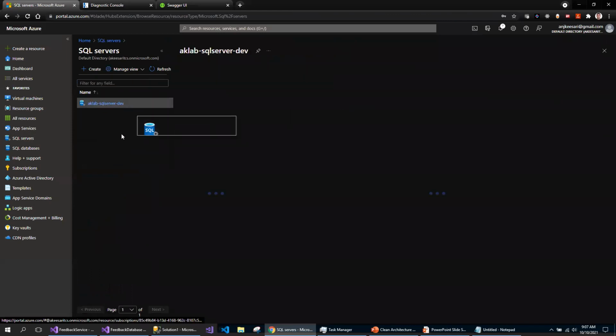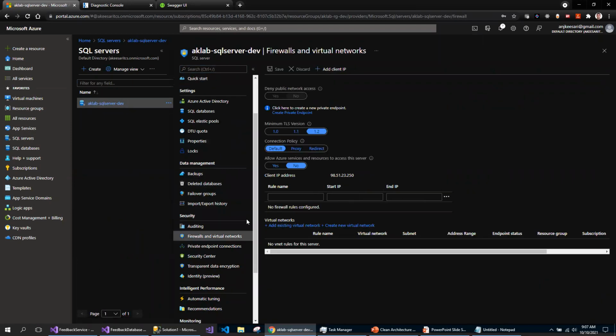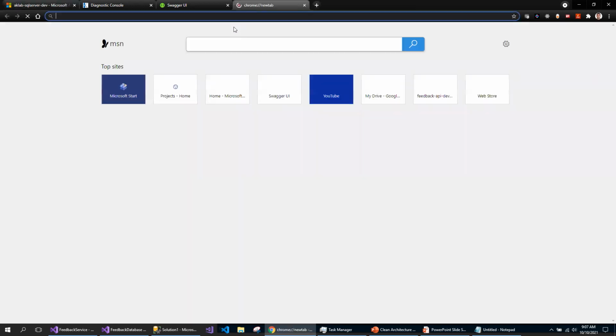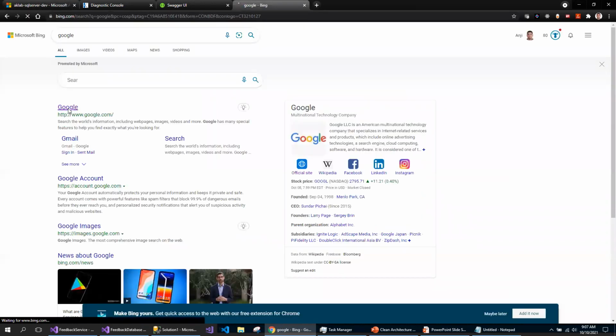Sorry, SQL Server. Where is my firewall? Firewall and virtual network. So I can say add client IP address. This is my AK lab IP address. So this is my IP address. In case you want to know what your IP address is, you can quickly Google it.